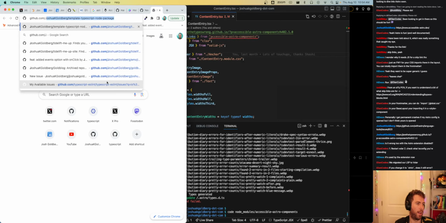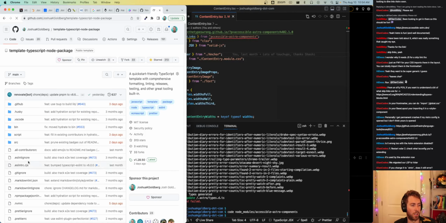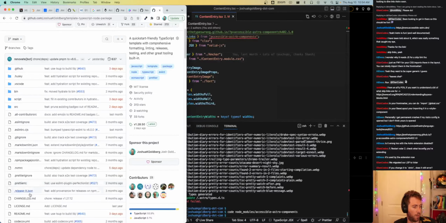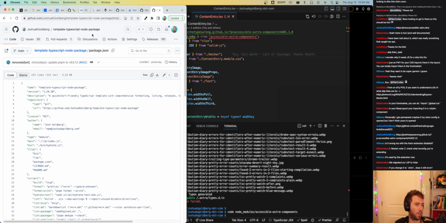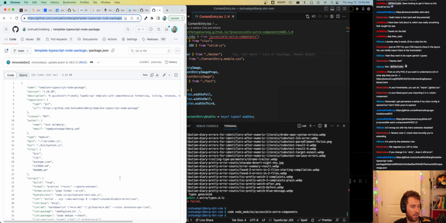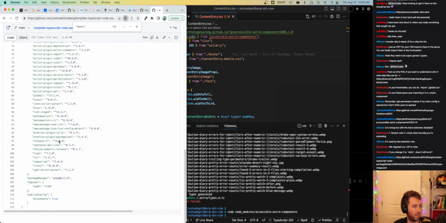What I'd recommend is looking at a template that's got it figured out, and a good "are the types wrong" score. For example, in my template TypeScript node package, the main branch's package.json shows the way that I do it: I don't actually have a types field in it.